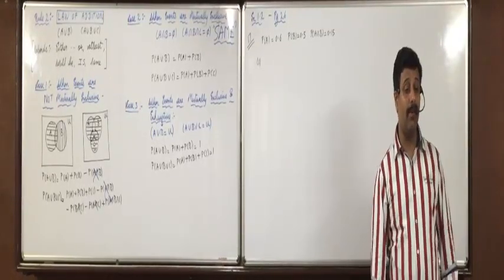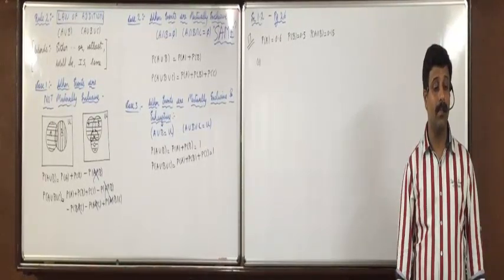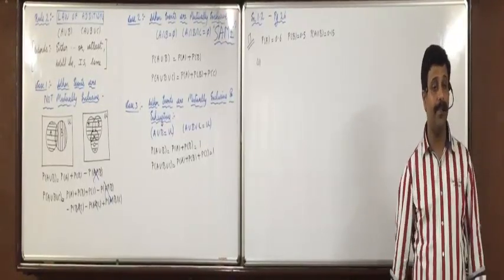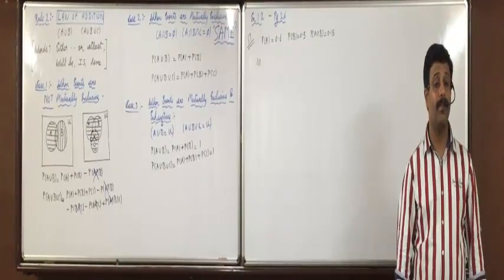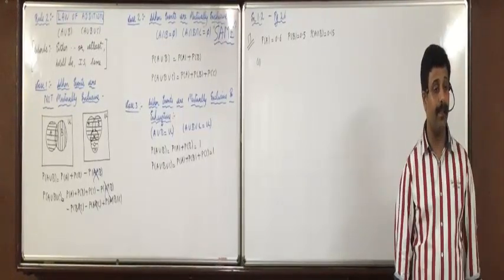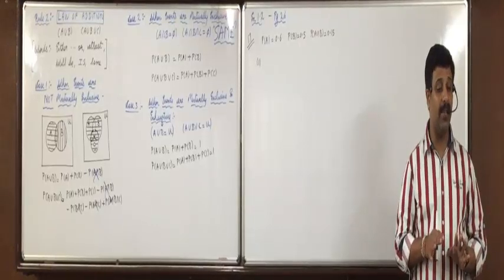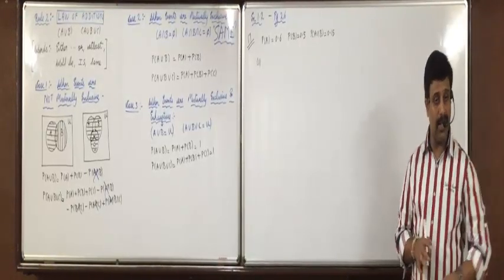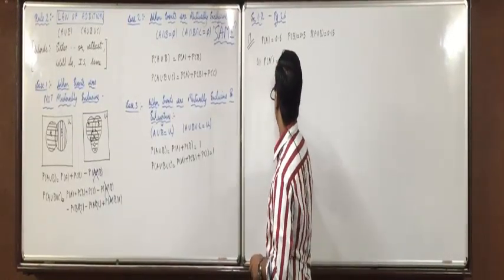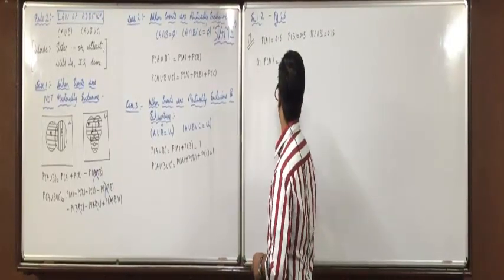P(A not), P(A complement). P(A not) is equal to (A union B) whole not. Sorry, it is 1 minus P(A). When will you learn all the formulas perfectly well? Write all the formulas 20 times. Write down P(A not) is equal to 1 minus P(A). So 1 minus 0.6, 0.4.